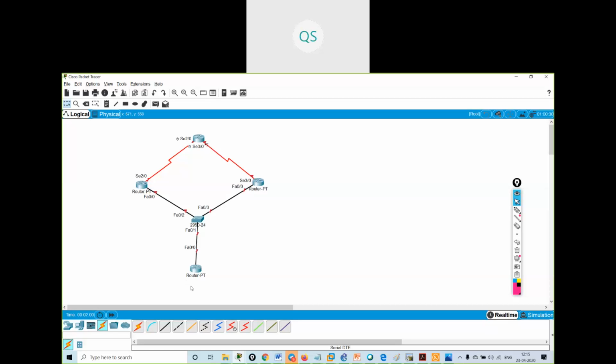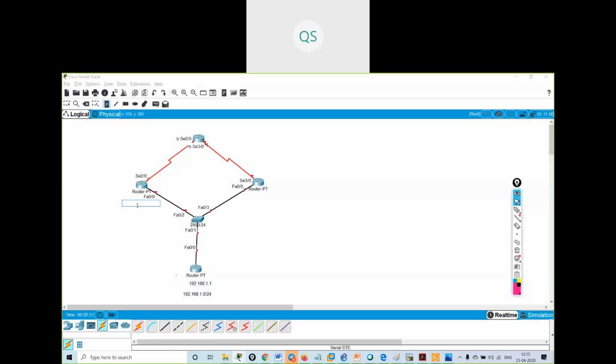Okay, so what I will do, I will use 192.168.1.0 network /24 for my LAN. So this is my 192.168.1.1 PC, this is suppose my host. I'm using the router as my host.